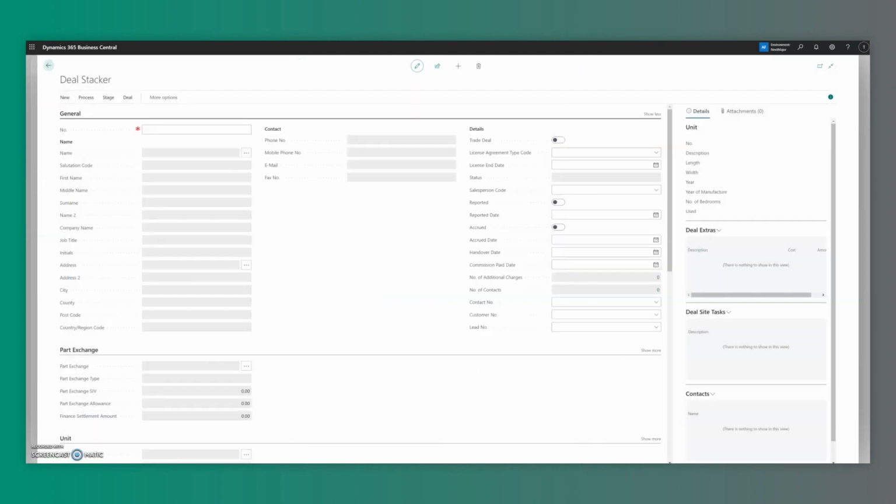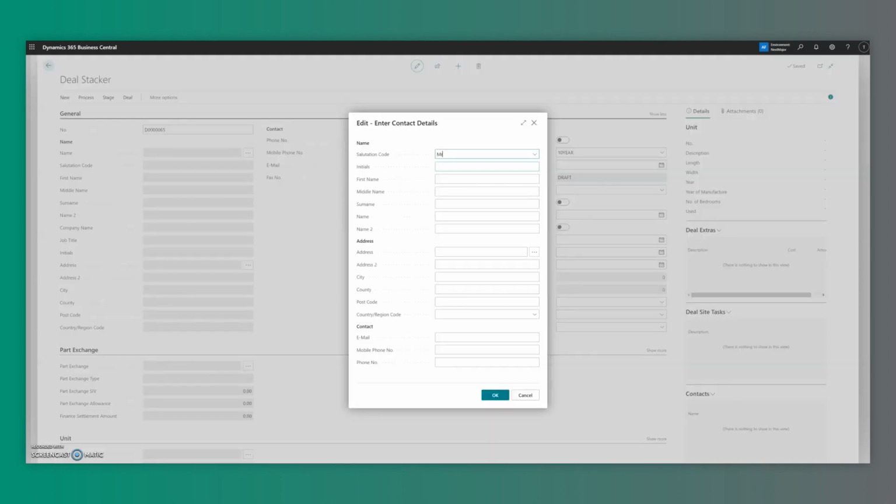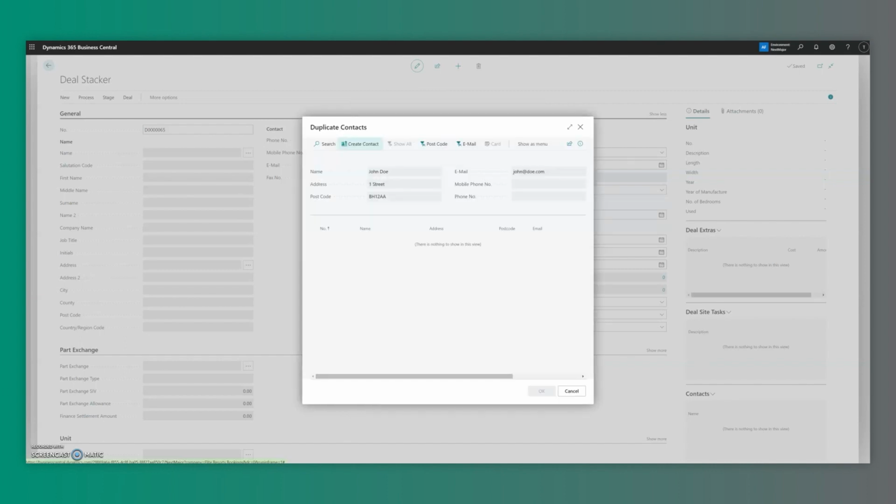We head now to our deal card. From within deals, you'll now see this field here for number of contacts, and also a fact box pane here for contacts. I add my contact to this deal. When I add my contact, I'll now see